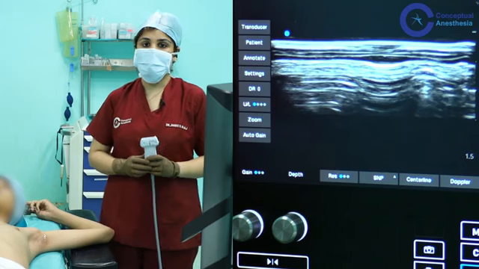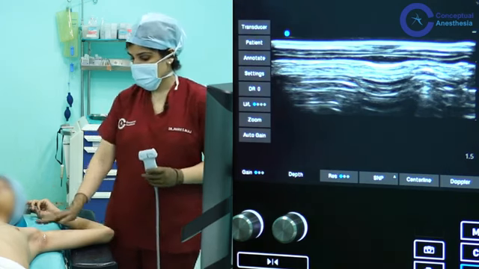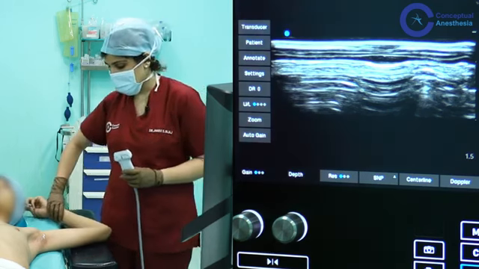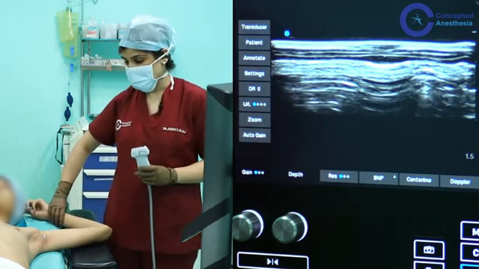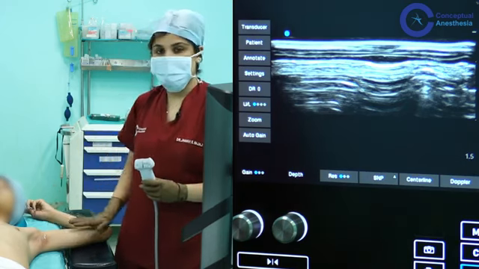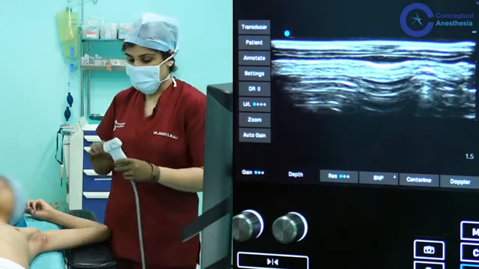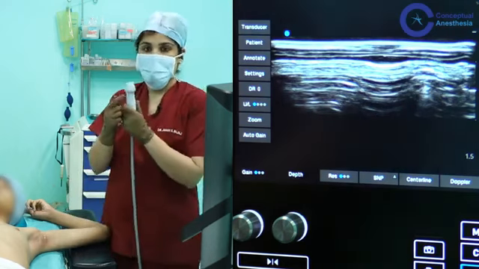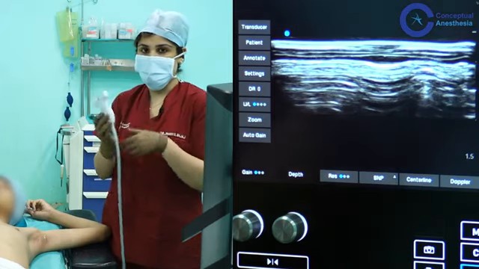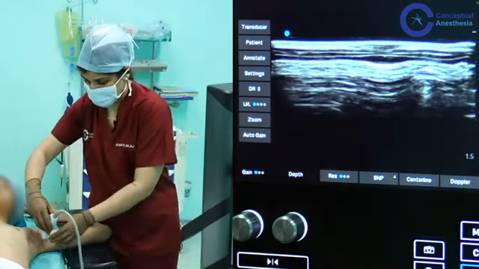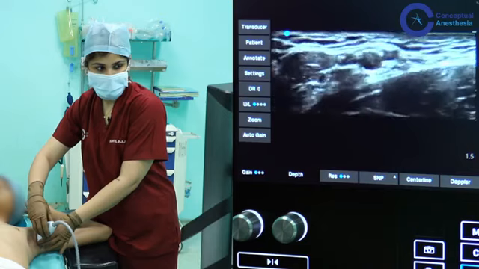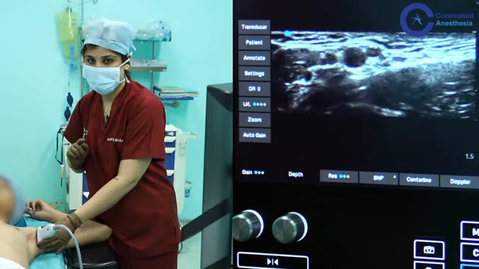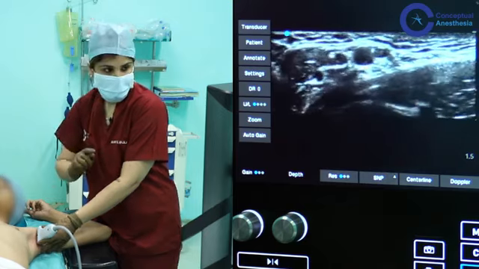Now what is the position for axillary block? So if you see, I have placed the hand of this patient slightly externally rotated and abducted, and I have to keep the axilla free for this block. Along with that, the position of the table is straight. The probe, if you see, the probe pointer has to be placed upwards towards me, and this is the picture that I should get. Now I have placed the probe exactly in the axillary crease for this,